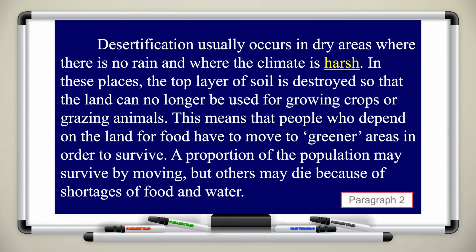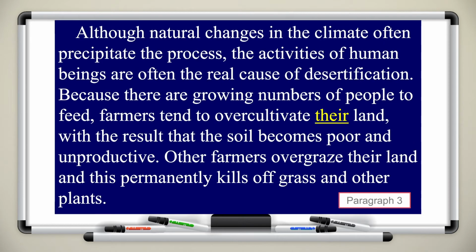This means that people who depend on the land for food have to move to greener areas in order to survive. A proportion of the population may survive by moving, but others may die because of shortages of food and water. Although natural changes in the climate often precipitate the process, the activities of human beings are often the real